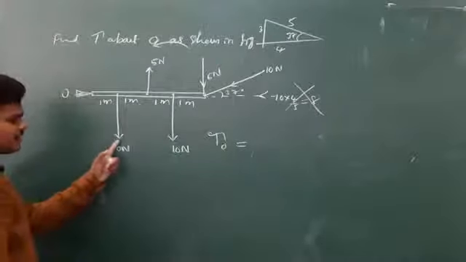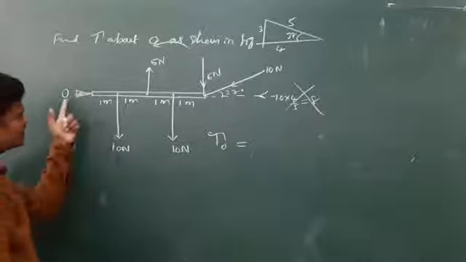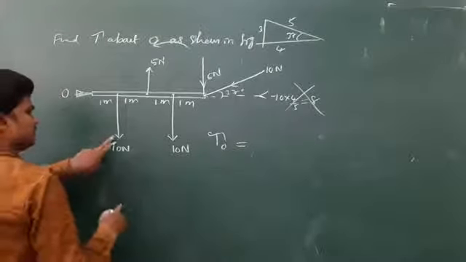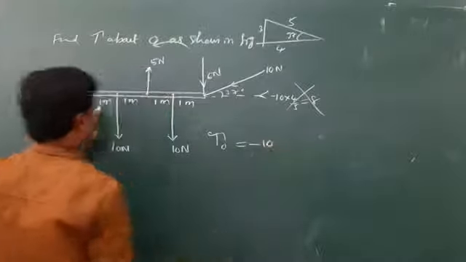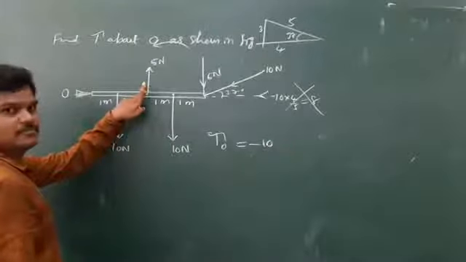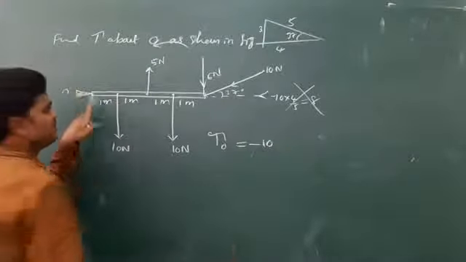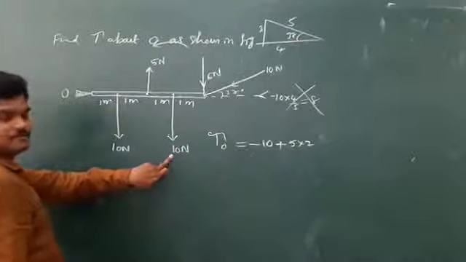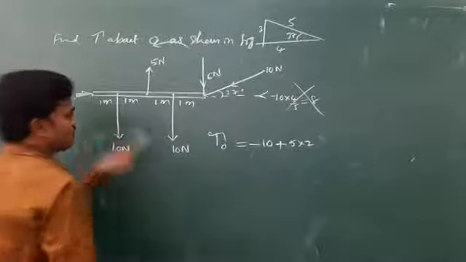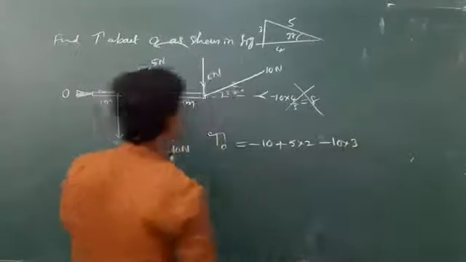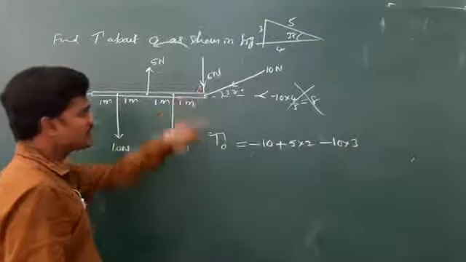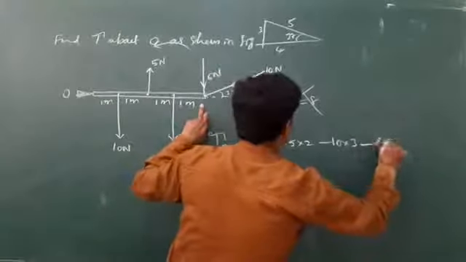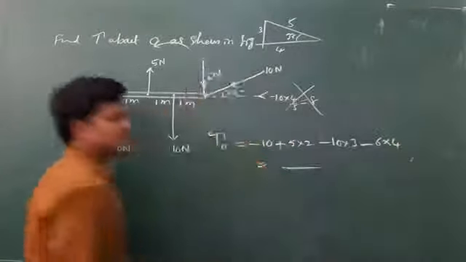Let us come to this. For this arrow tip, O is right side. Arrow tip edge right side is minus; tip edge left is plus. You follow that, and definitely you will get the answer. 10 into 1, right side, so minus 10. Coming to this 5, point O is left, plus, so 5 into 2. Coming to this 10, point O is right side, so 10 into 3. Coming to the 6, the arrow tip is down, and for this tip edge, O is right side, so negative. So 6 into 4.